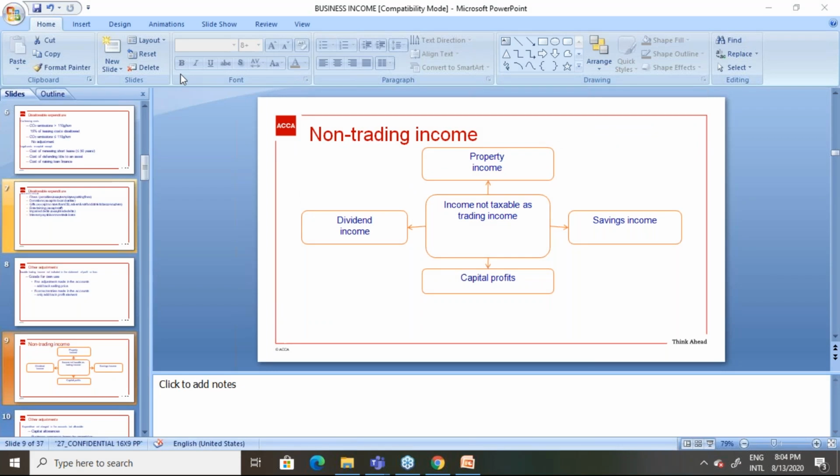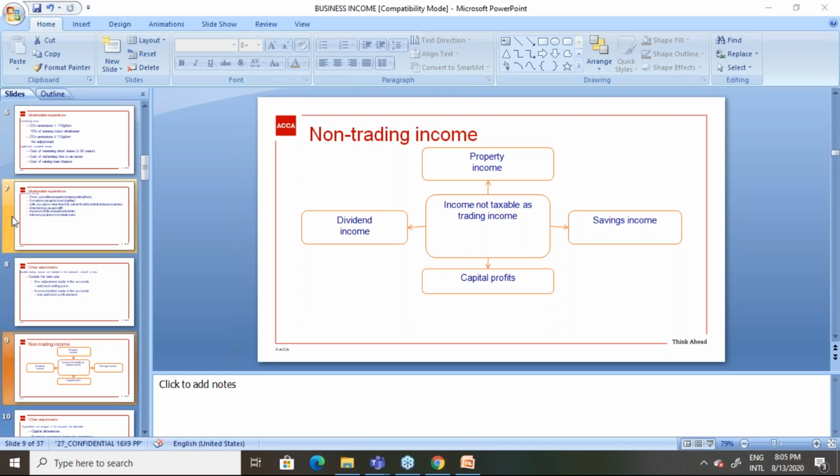When it comes to non-trading income, I told you, in accounting, when you're calculating the net profit, we do not limit to trading profits. In addition to the gross profit or the trading profit, we take interest income, rental income, dividend income. We take all those income when you are calculating the accounting profit. But for the purpose of taxation,